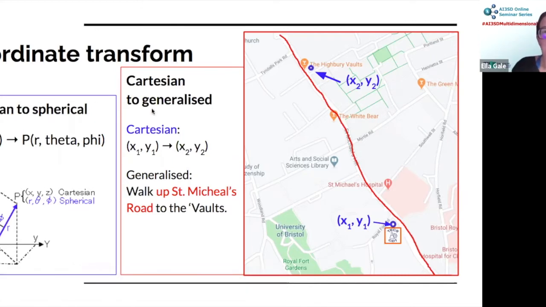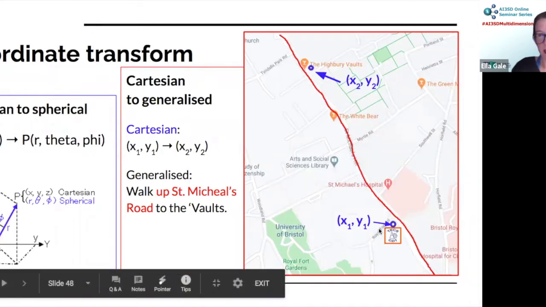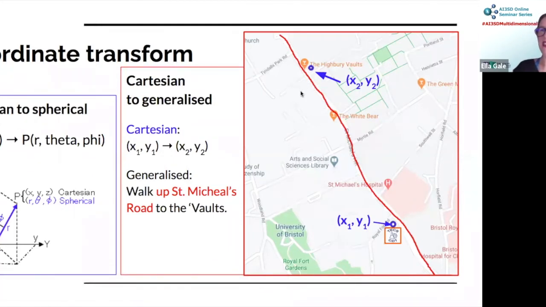So I want to talk about generalized coordinates. This is a very practical problem of Cartesian to generalized coordinates, for the practical problem of me leaving work and going to the pub and giving some directions. Assuming that Bristol is flat, which I know it is, and can be described in 2 dimensions, I could give someone an x, y coordinate of where they are and give them the x, y coordinate of where the pub is.